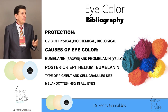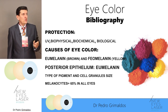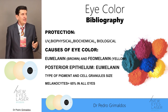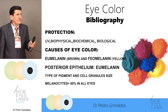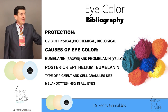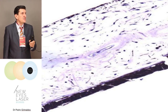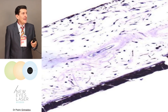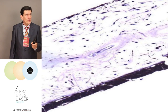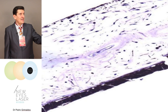In the posterior layer of the iris, only eumelanin is found, and therefore the iris color will depend on the type of pigment and the size of the intracellular granules, since the percentage of melanocytes is always the same, around 65%. Here we can see a histological section in which we notice the very thick and dark posterior layer with eumelanin, and the stroma and the very thin anterior layer in which eumelanin and pheomelanin granules are scattered